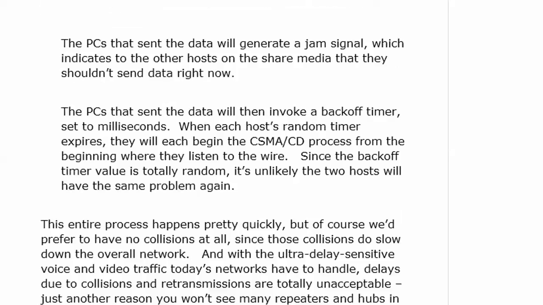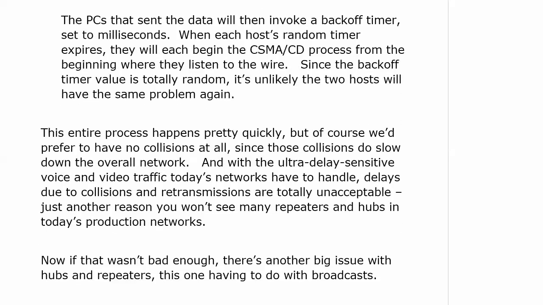So now we have a data collision. Well, the PCs that sent that data now generate what we call a jam signal. And that indicates to the other hosts on the shared media that they shouldn't send data right now. Now, the PCs that sent the data will then invoke a back-off timer set to milliseconds. And when each host's random timer expires, they will each begin the CSMA/CD process from the beginning, where they